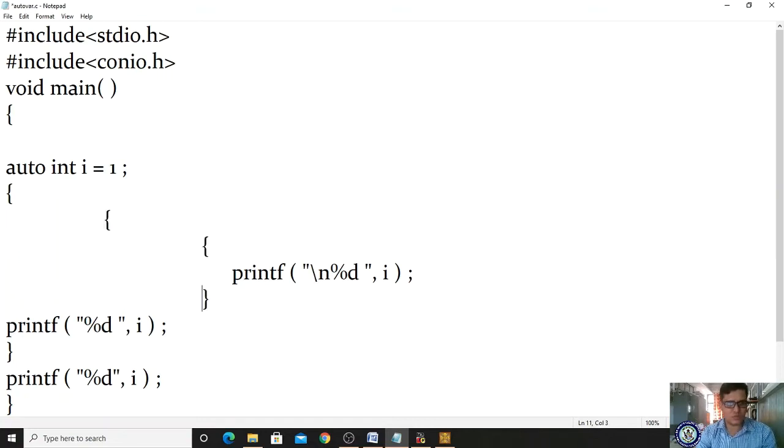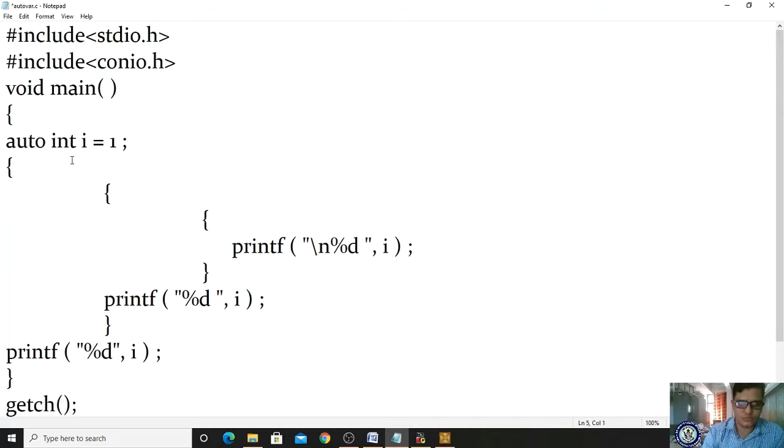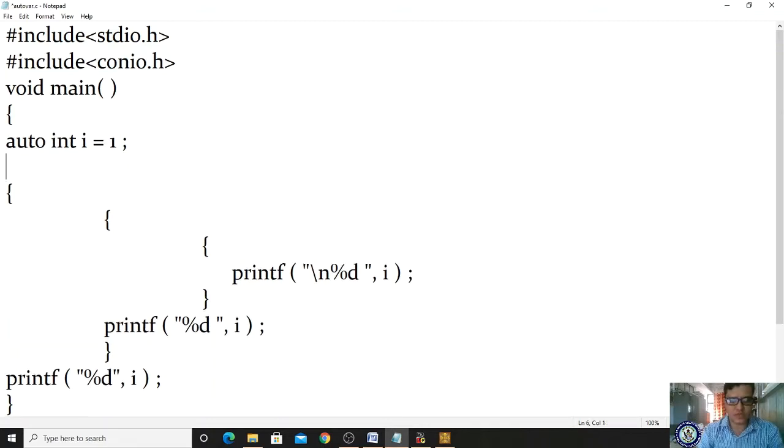So this is the block where this I ends, and this is the block where this I ends. And here the getch, and where are we supposed to give the clear screen function? As you know, after the variable declaration we have to give clear screen. CLR, this is here.